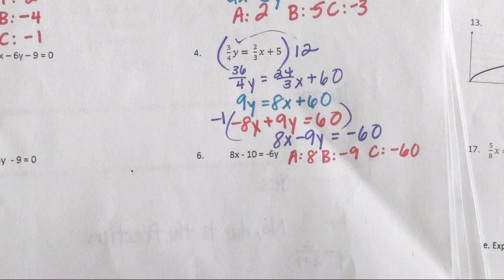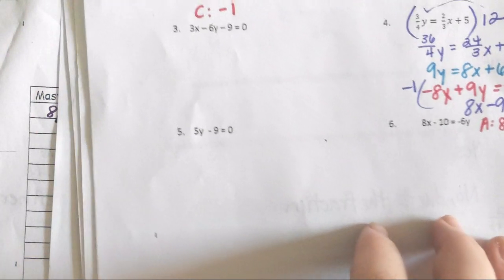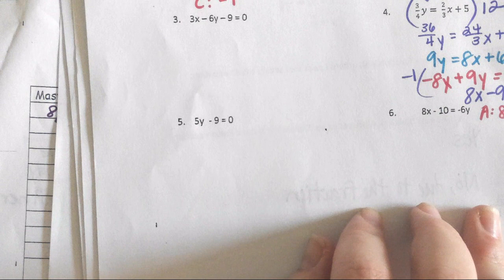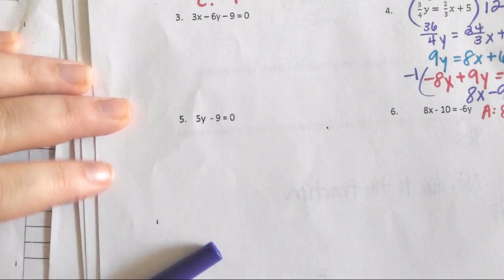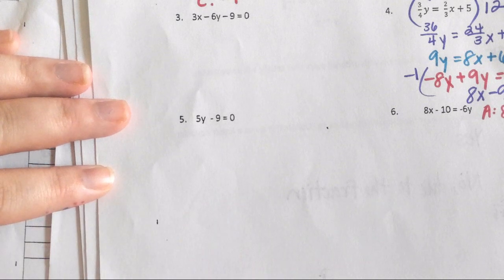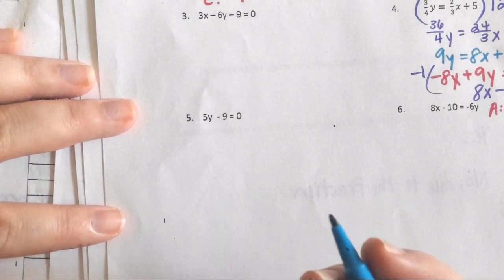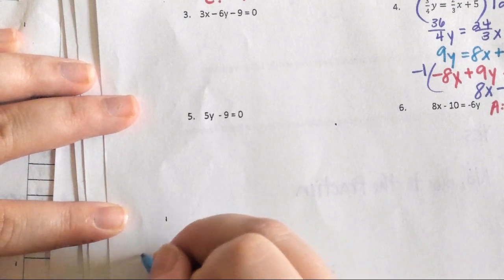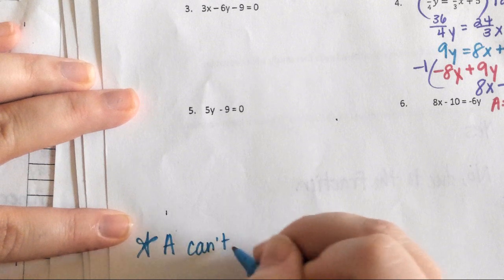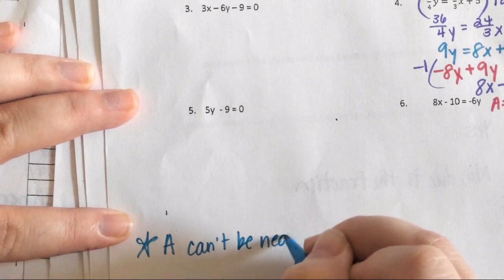Okay, I'm going to leave number 6 for you, but we will do number 5. Why do I need to help you with number 5? And every group can have a point for that. There is no x. Does that mean we can't do this? Yes, dear. That rule for A, you don't have a negative. Does that only apply for A? Yes, and if you want to make a note to yourself, A can't be negative